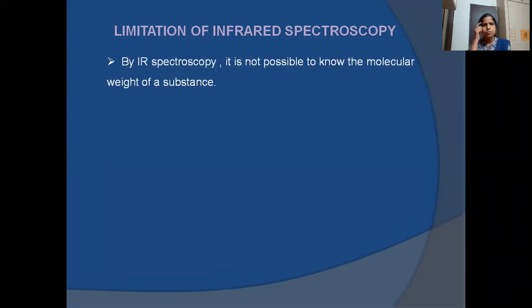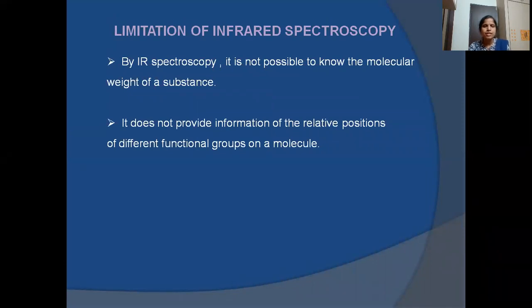Now let us see what are the limitations of IR spectroscopy. So limitations here, the main limitation is it is not possible to know the molecular weight of a substance. So we cannot find out the molecular weight of the substance. Then it does not provide information of the relative positions of different functional groups on a molecule. So exact position of the functional group, that is exact position of the side chain, cannot be interpreted by just using